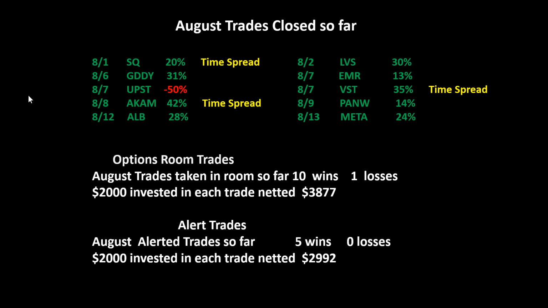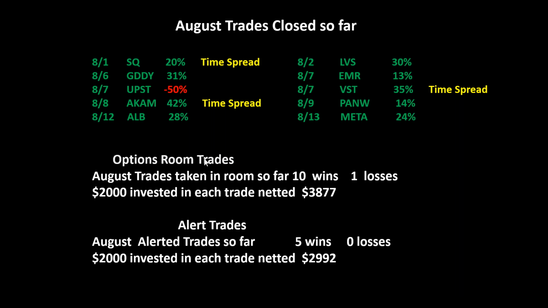And this was our August trade so far, 10 wins and 1 loss in the room. And alerted trades, 5 wins, 0 losses. The month is just getting underway. So here's what we've done with August so far. Okay, so that is the results of what we've done in the room and on the alert service using